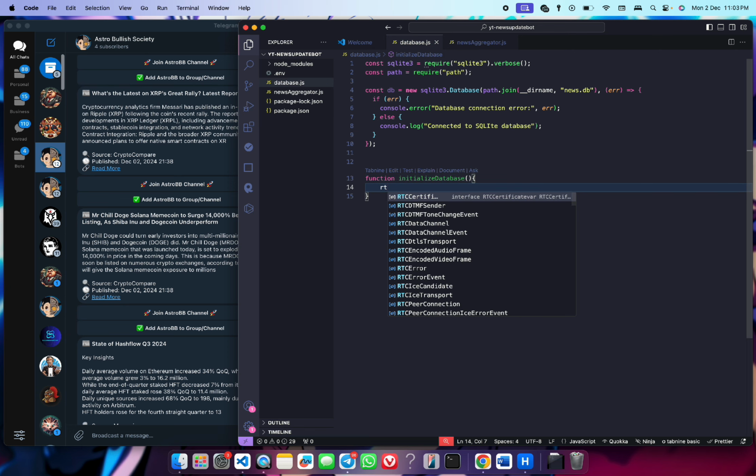That means if the table doesn't exist, we're going to create a table. If not exists, news article. We're going to say here id integer primary key auto increment. So we want it if it starts with 1, the next one will be 2, 3, 4, like that, auto increment. So title